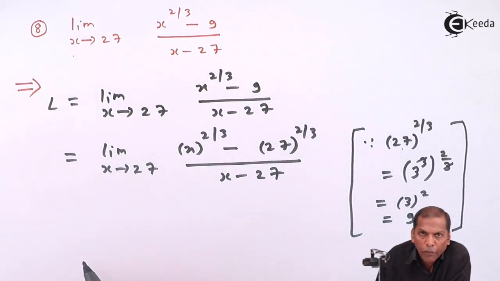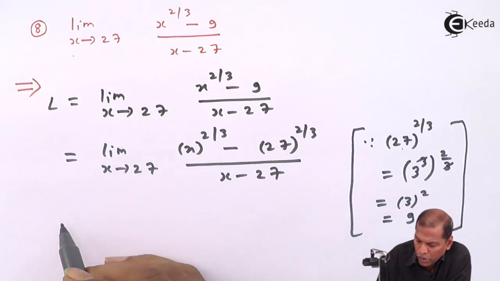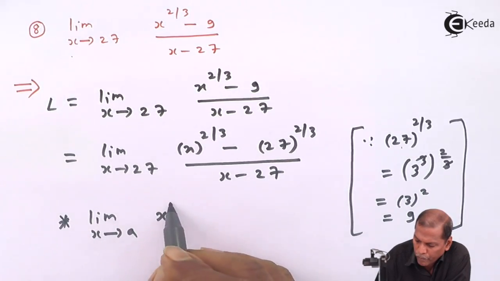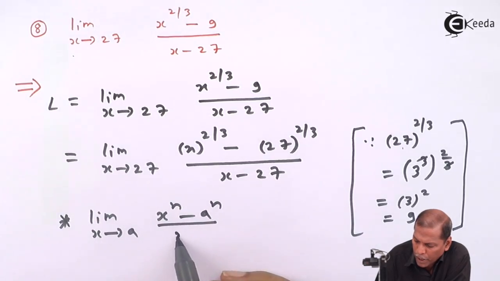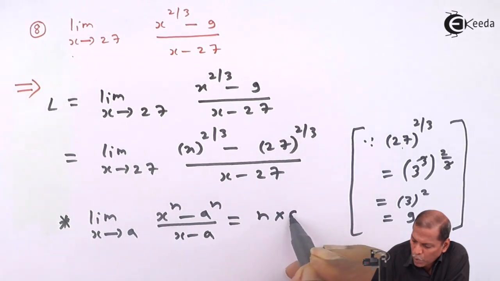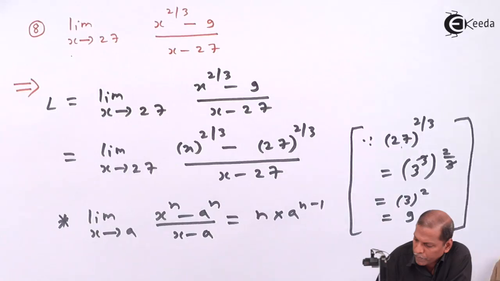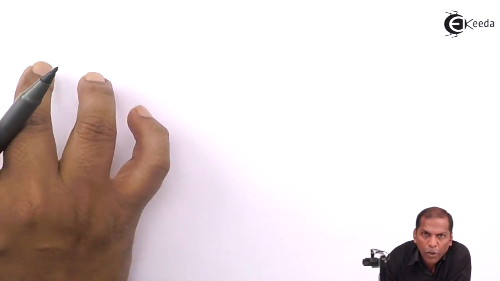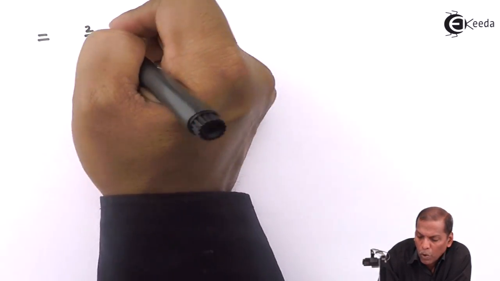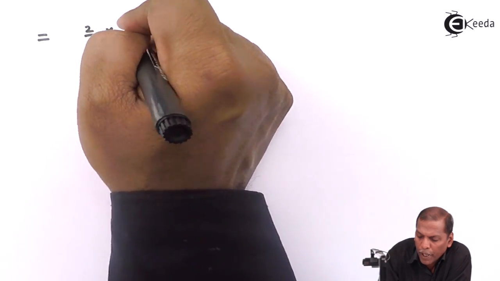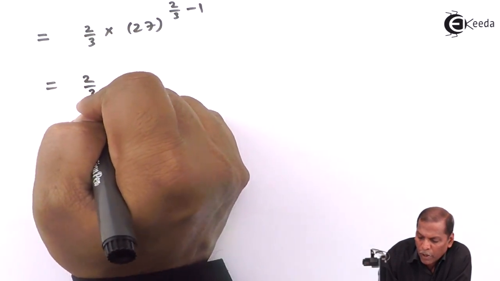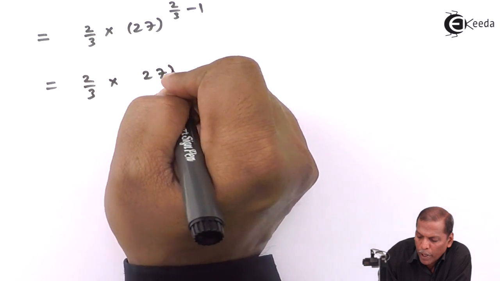So now here we can apply the theorem that limit x tends to a of (x raised to n minus a raised to n) upon (x minus a) is equal to n into a raised to n minus 1. Now by using this formula we get 2/3 into 27 raised to 2/3 minus 1, and that equals 2/3 into 27 raised